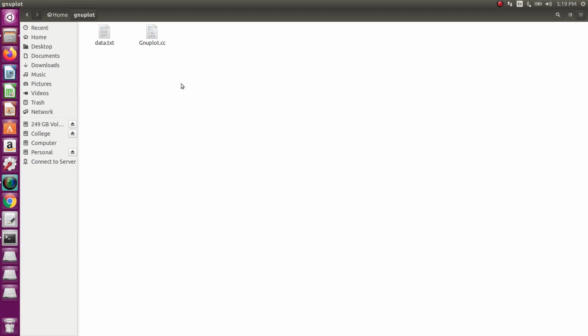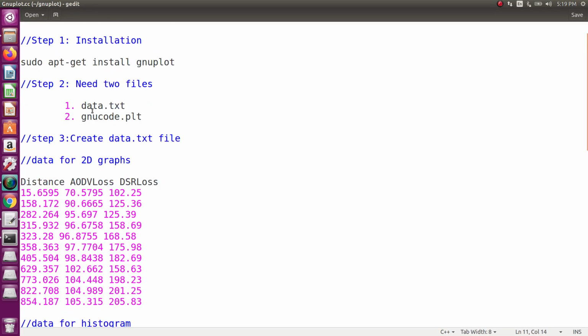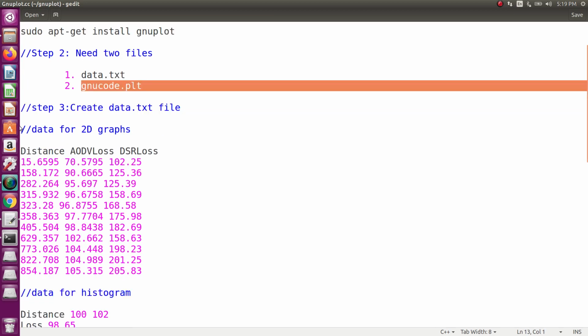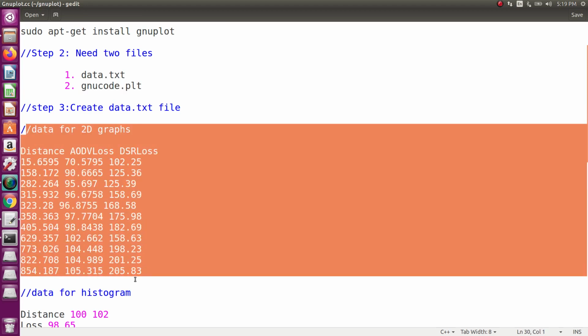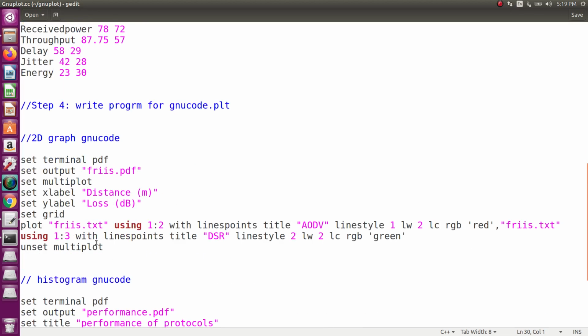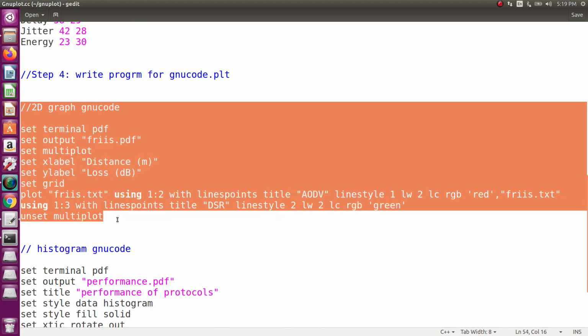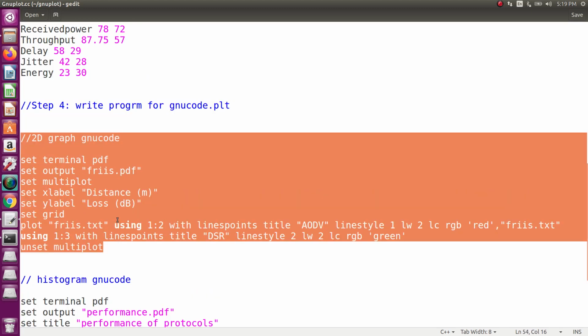Next, what is our second step? We want to create a GNU code for 2D graphs. This is the data for 2D graphs, and this is the code for GNU plot.